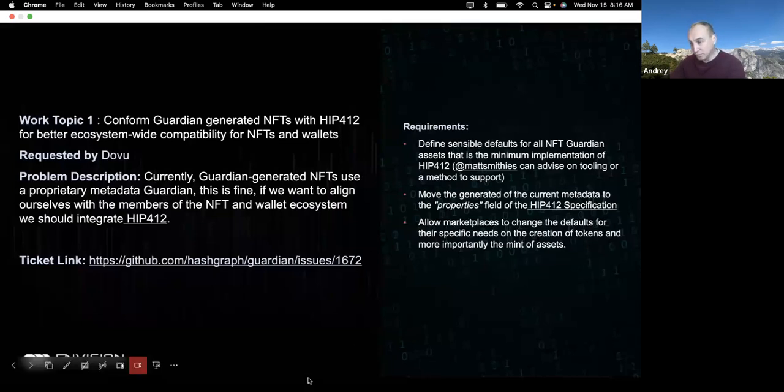So Guardian-produced NFTs, which represent environmental assets, can be immediately worked with by various other tools like user wallets, for example. An NFT that Guardian produces would currently be displayed in a user wallet, but it might not look as nice, and you might not be able to perform all the other operations, even if you own the NFT using the wallet, because of this slight incompatibility. That's what we are trying to resolve with this. So that's work topic 1.